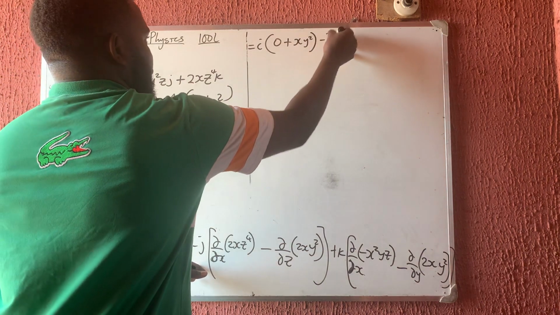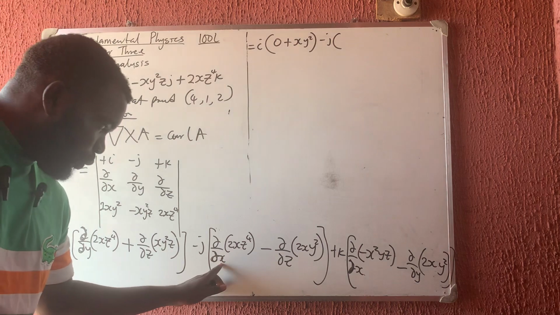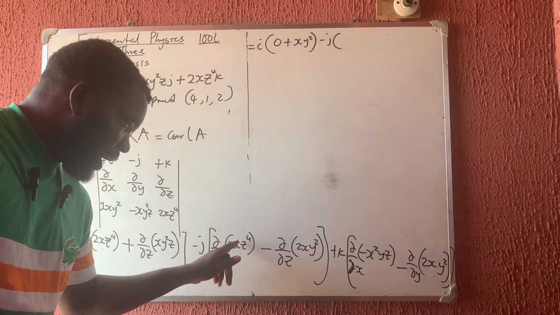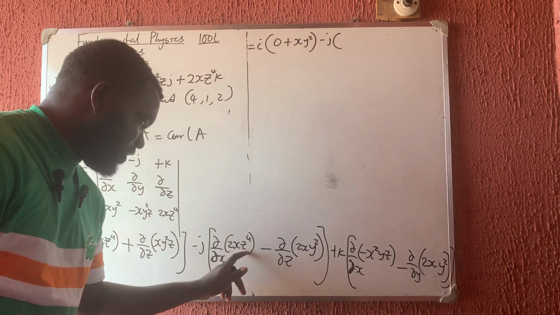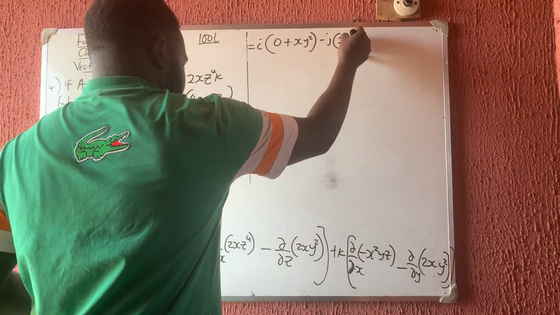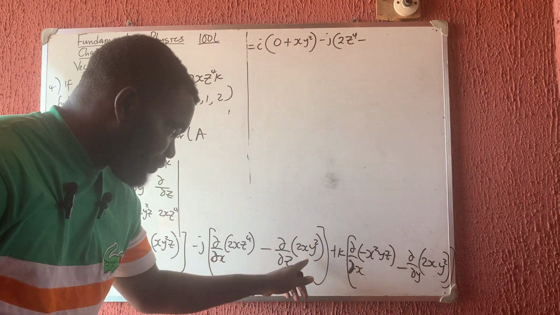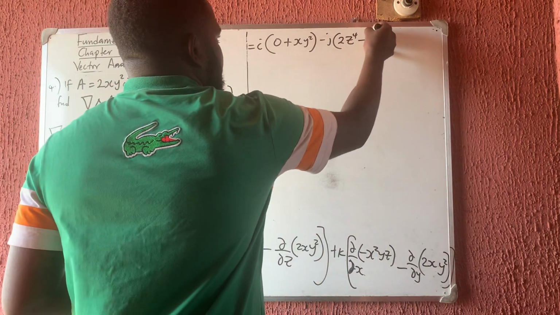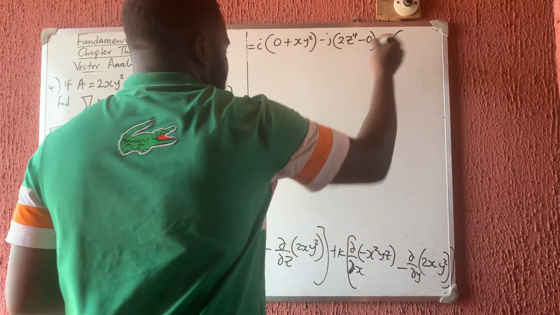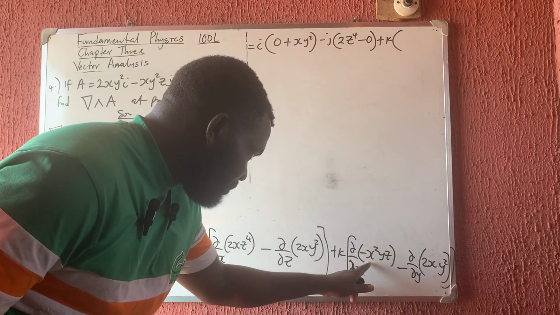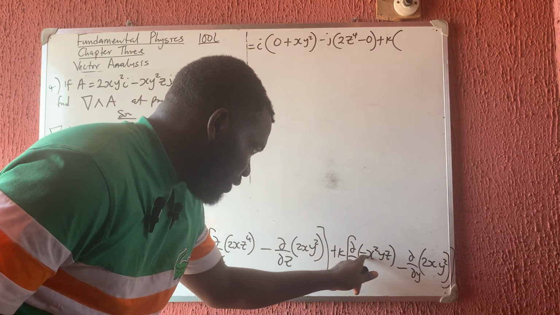So minus j open bracket, differentiate these people with respect to x, x is here and it does not have power, so the coefficient is the differentiation. The differentiation there is 2z raised power 4 minus, this is z, differentiating these people with respect to z, there is no z here, so it's 0. You close. Then plus k, finally differentiate these people with respect to x, I'll have 2 times this, minus 2x,